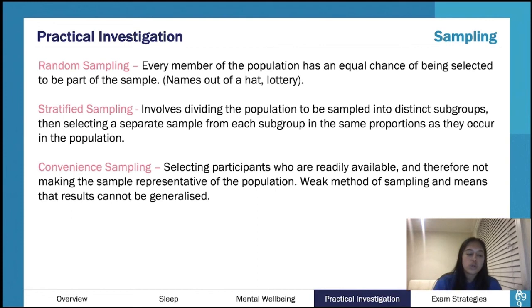So even when you advertise using a newspaper, that's convenient sampling because you're just getting participants who are kind of close to you. And not everybody in the population has an equal chance. So if you don't read that newspaper, if you don't go to that shop that sells the newspaper, you don't have a chance of being selected. And so that's why it's not random sampling.